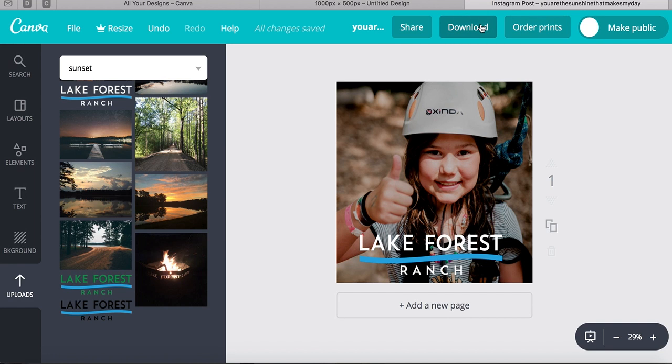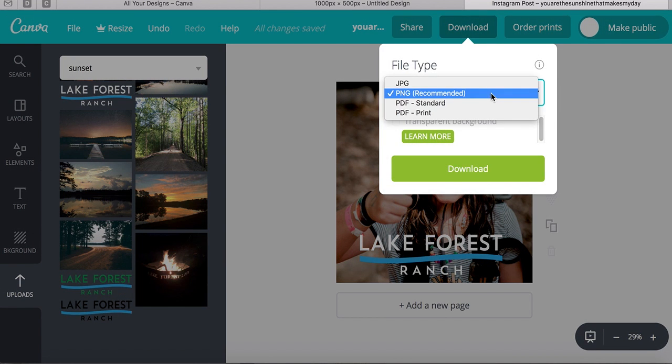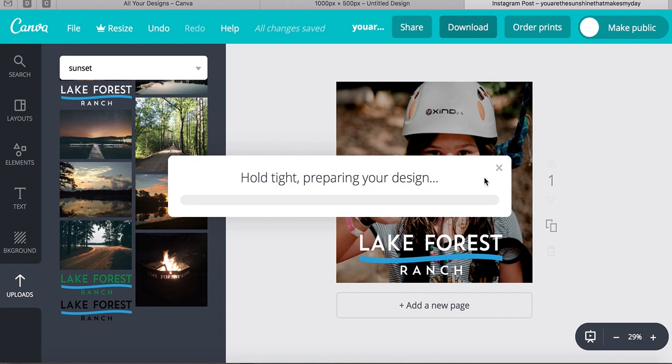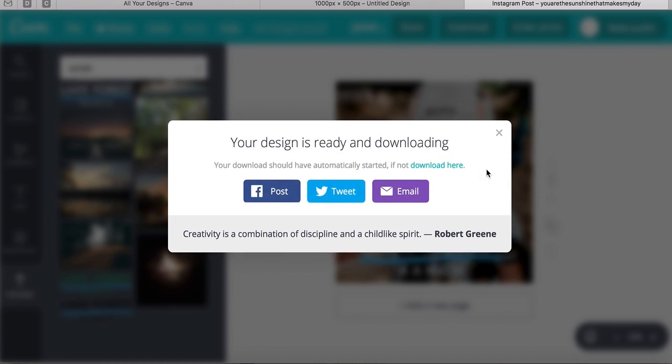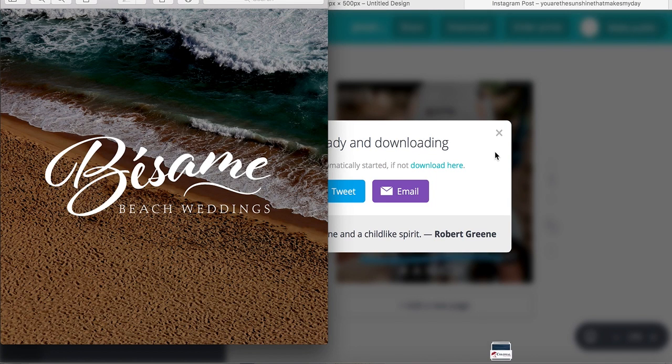So now let's say you've got this image the way you want it. You simply go up here to download and make sure it's the file type that you want. I typically like PNGs for web, and I can hit download. And it will prepare my design. It'll take a few seconds. And remember, this is all a website-based program, so depending on how fast your Wi-Fi is, you might experience it a little bit slower or faster. But then, as soon as it loads,